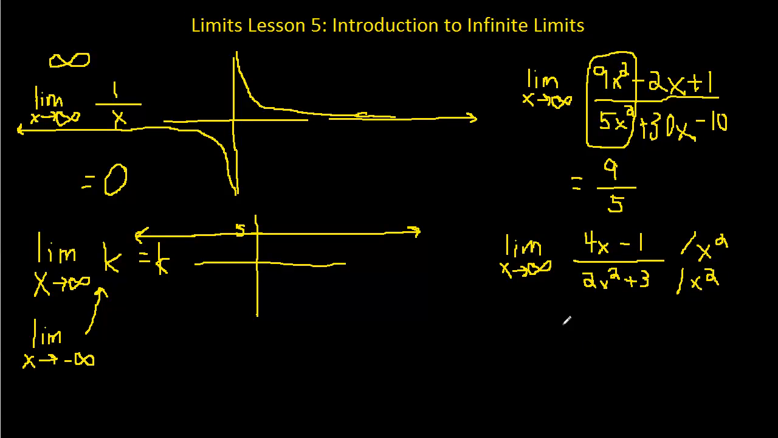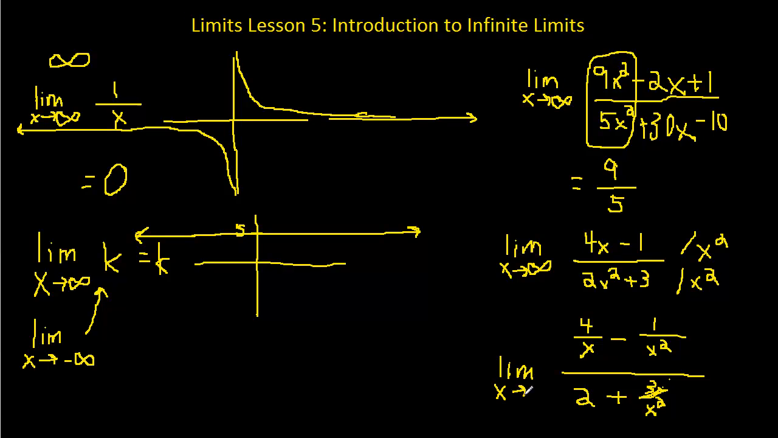Now what we get is, okay, 4x divided by x squared is going to be 4 over x, minus 1 over x squared, and that's all over 2 plus 3 over x squared. Whoops, okay, sorry. 3 divided by x squared. Alright, now this looks even worse, and